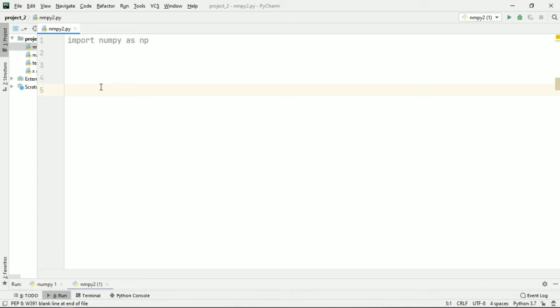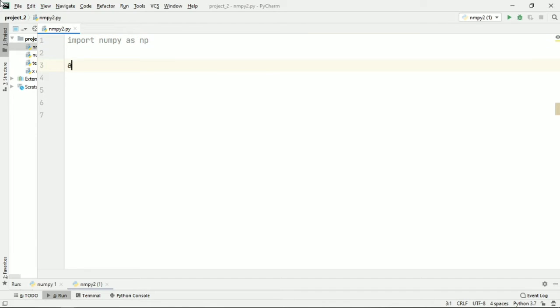Okay, so now we will understand how indexing is performed in a single dimensional array, two dimensional array, and three dimensional array. Firstly we need to import our module, which I've already done.